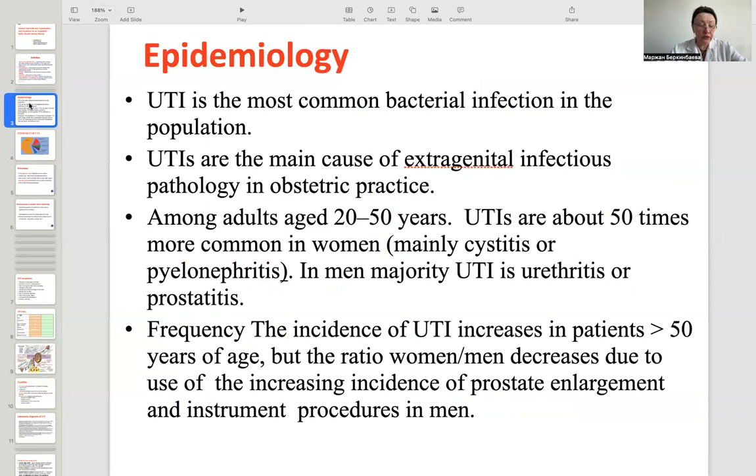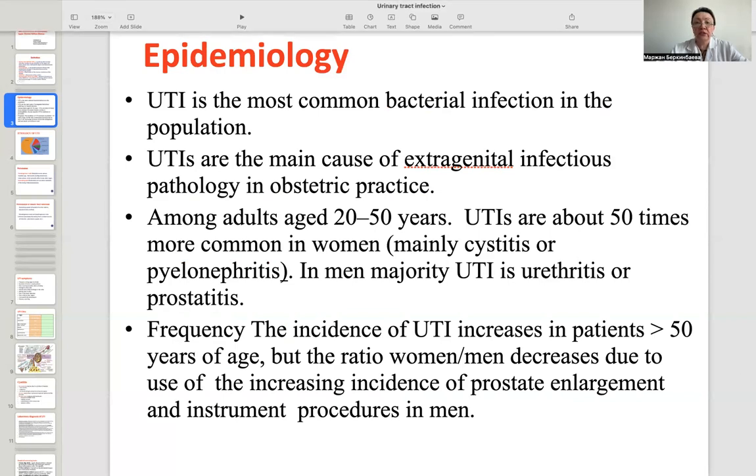Epidemiology. UTI is the most common bacterial infection in the population. UTIs are the main cause of extragenital infectious pathology in outpatient practice among adults aged 20 to 50 years. UTIs are about 50 times more common in women, mainly cystitis or pyelonephritis. In men, the majority of UTIs are urethritis or